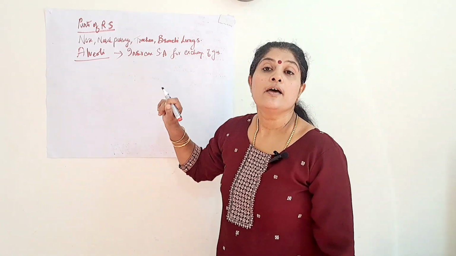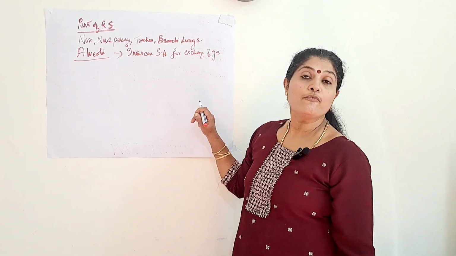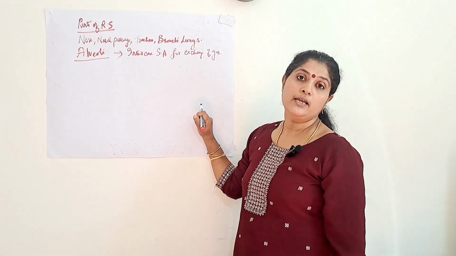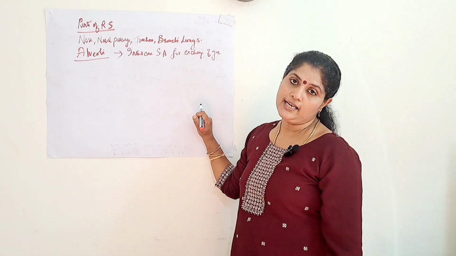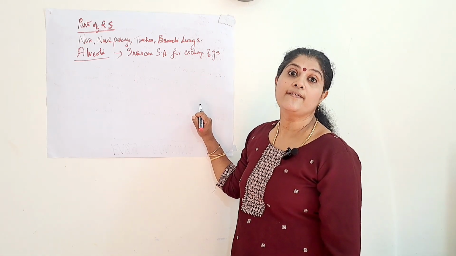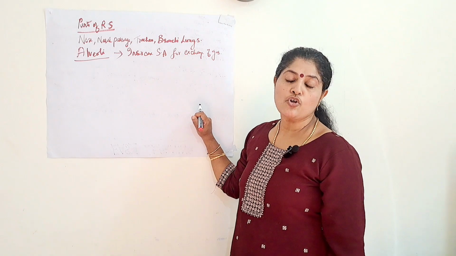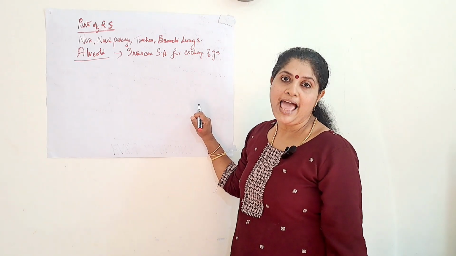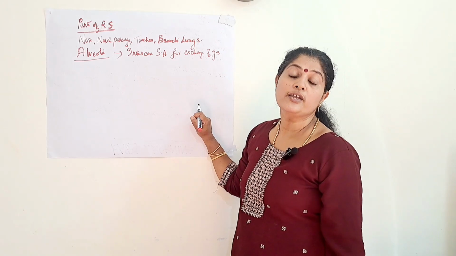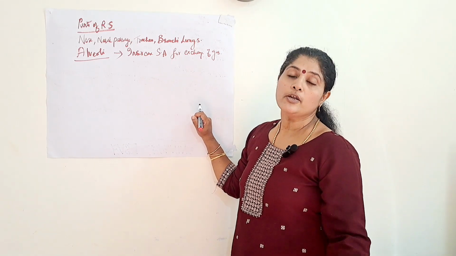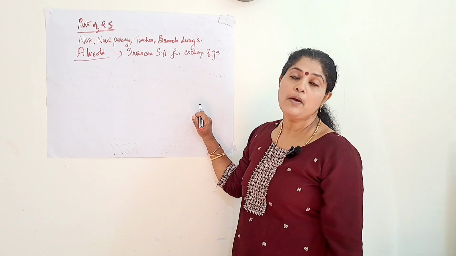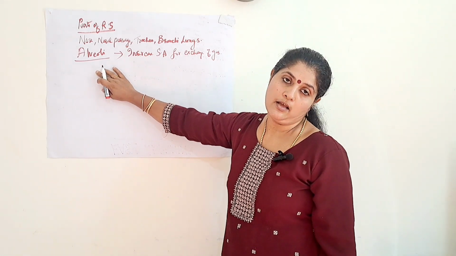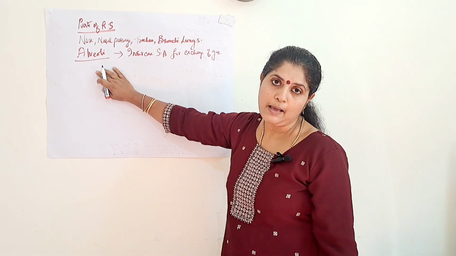Okay, then there is one more part in the respiratory system you have to concentrate on: the rings of cartilage present surrounding the trachea. Even though air is not present inside the trachea or the windpipe, it is not collapsing. Why? It is a 1-mark or 2-mark question, a give-reason type. So why is the trachea or the windpipe not collapsing?